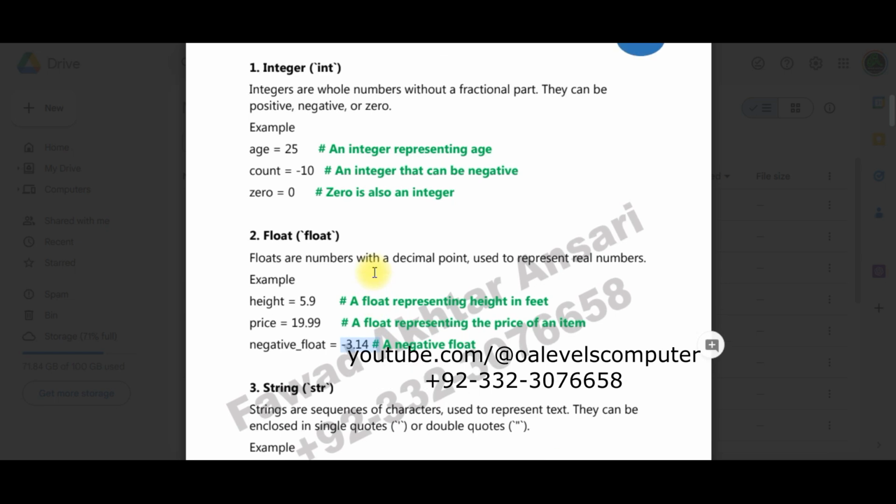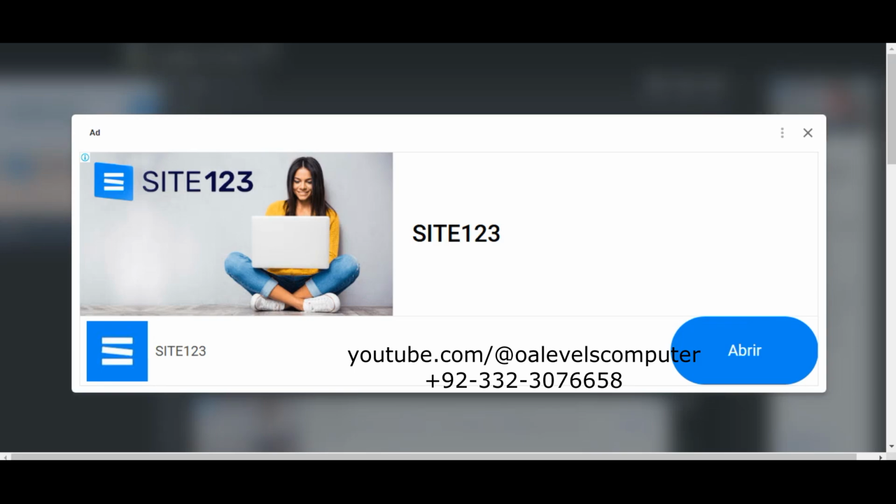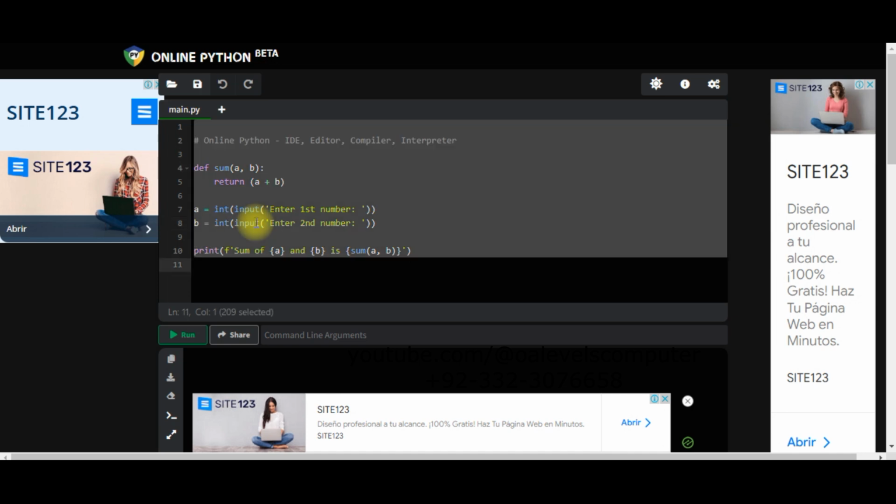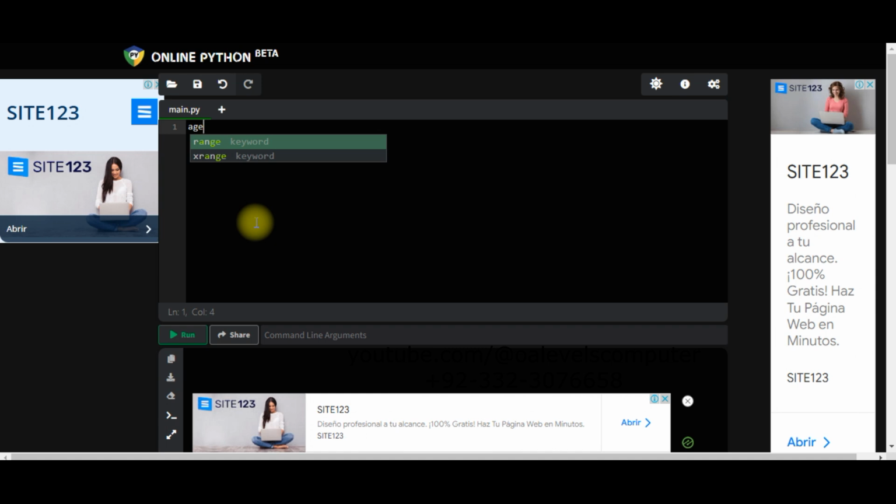Let's first understand the integer in the online compiler. I'm using the official online Python compiler. If I am talking about the variable only, not the constant, just take a variable. For example, I name my variable age, and in this variable I store 12. Now I want to display it, so I type print. Print means to display,